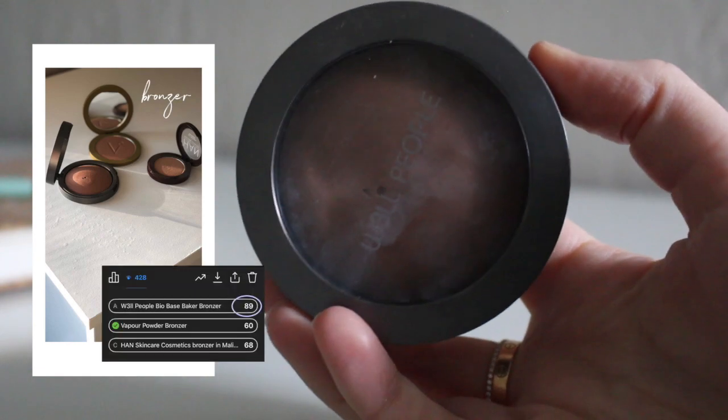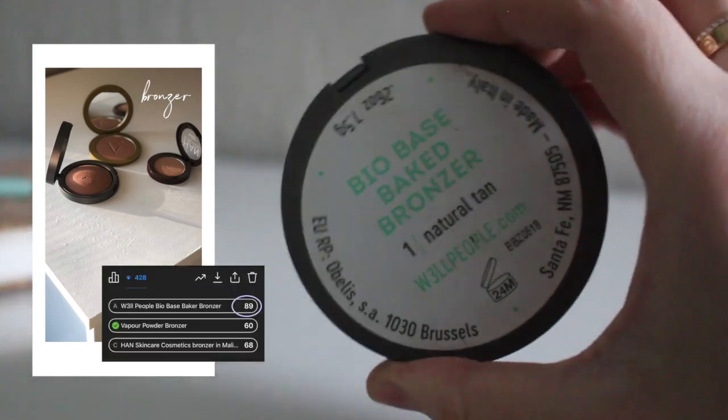So I'm just laying down a base of blush, but I'm actually going to add more bronzer than I usually would. I feel like this look will be nice with it. And the bronzer you guys chose is also one of my favorites. This is the Well People Bio Base Baked Bronzer. I'm just going to apply this over the top of my blush, deepen it a bit, and then up along my temples